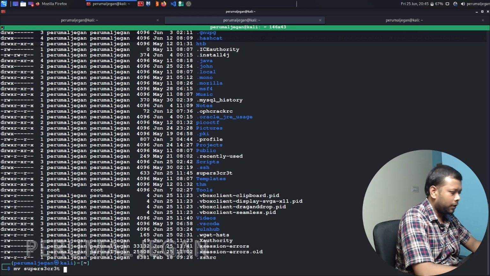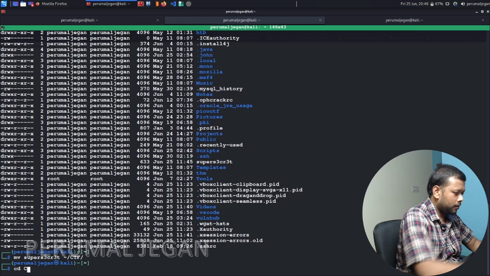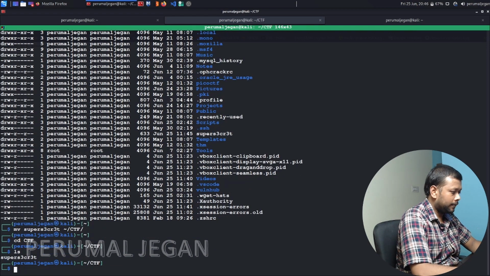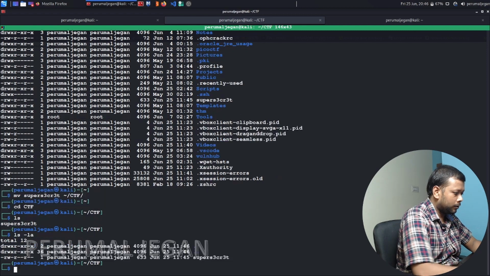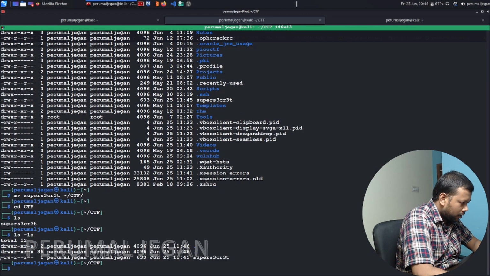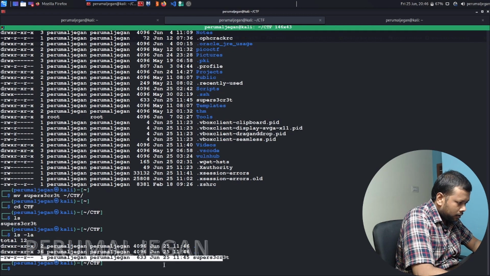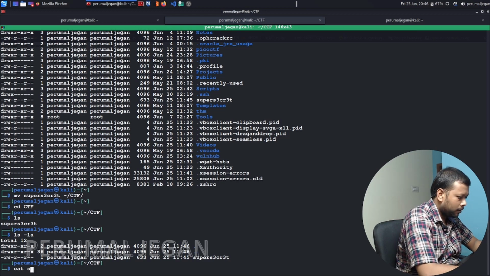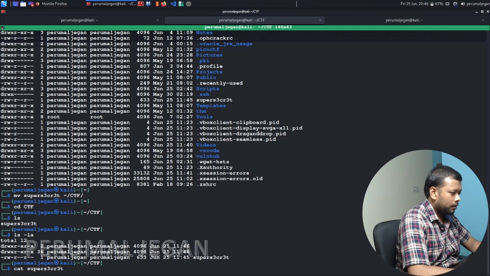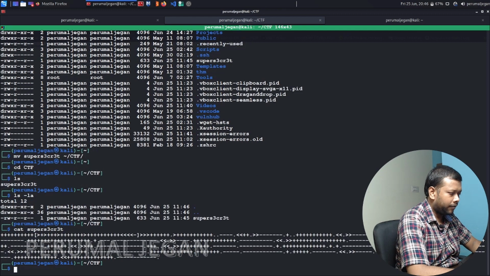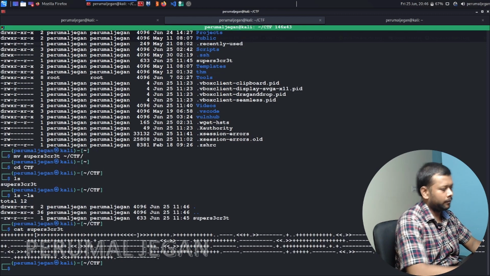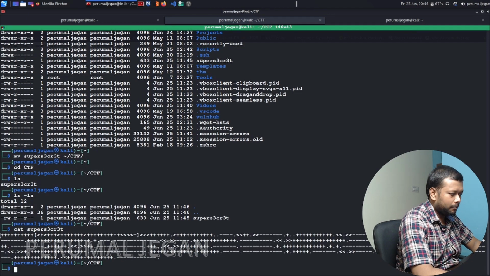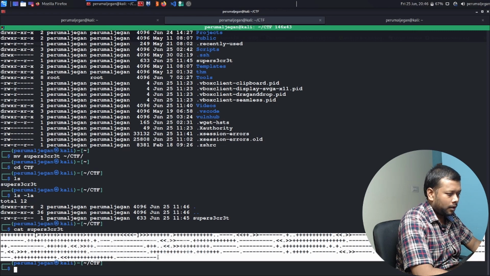Let me move it. Let's see what is the content in that file. It looks like some encoded information, so we have to decode this.